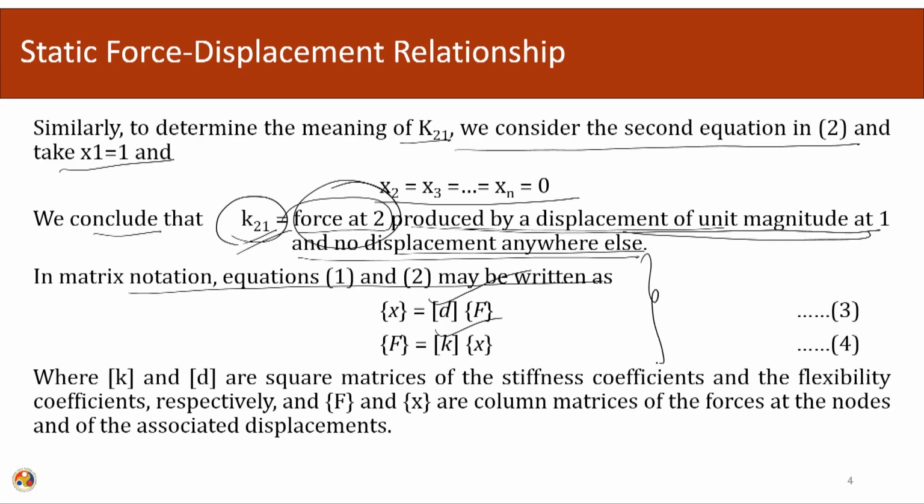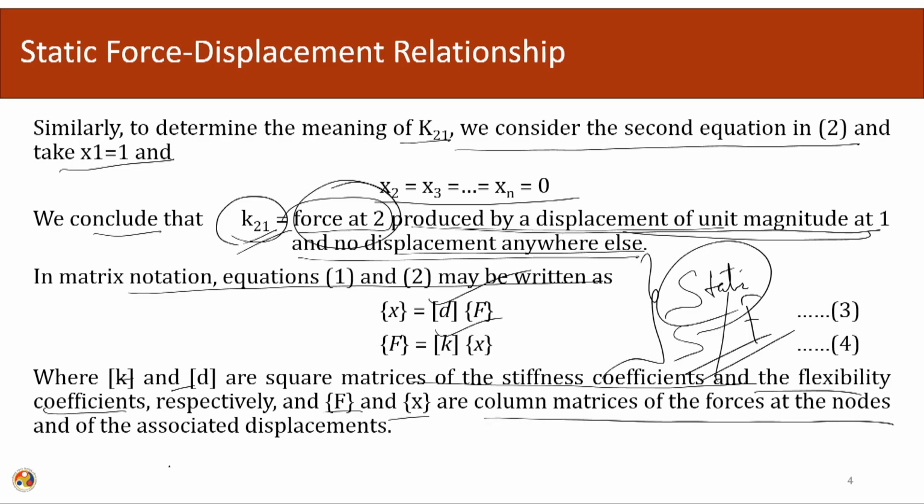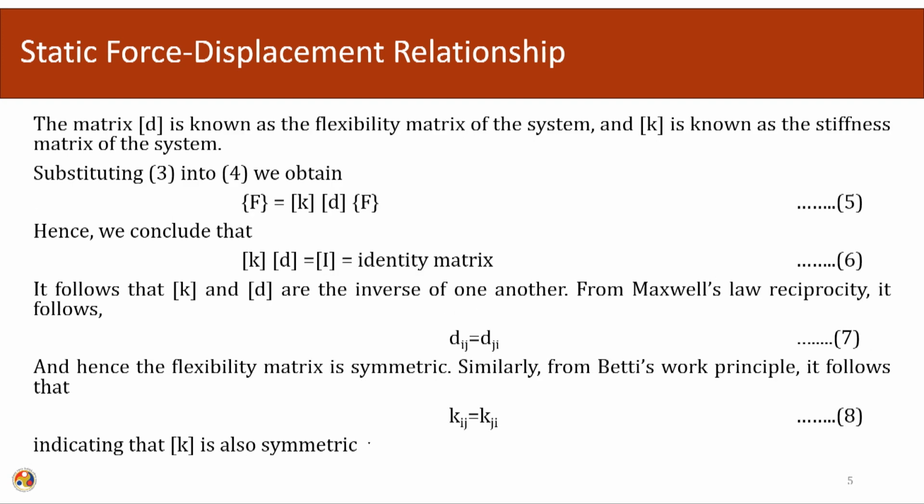So, remember, for a multiple degree of freedom system, we are trying to do a static approximation because we want to evaluate the stiffness or the flexibility matrix, where K and D are square matrices of the stiffness coefficients and the flexibility coefficients respectively, and F and X are the column matrices of the forces at the nodes and the associated displacements. The matrix D is known as the flexibility matrix of the system and K is known as the stiffness matrix of the system. So, substituting 3 and 4,